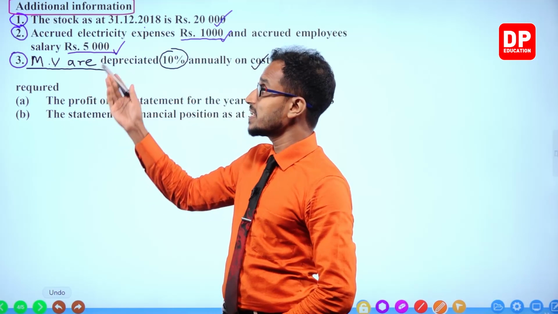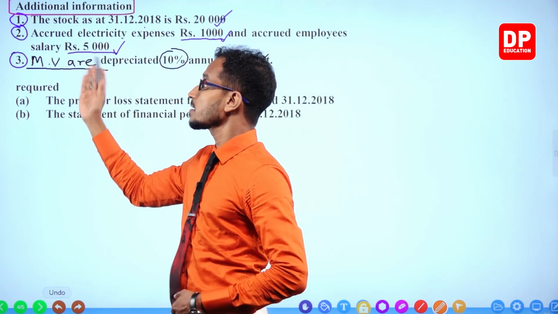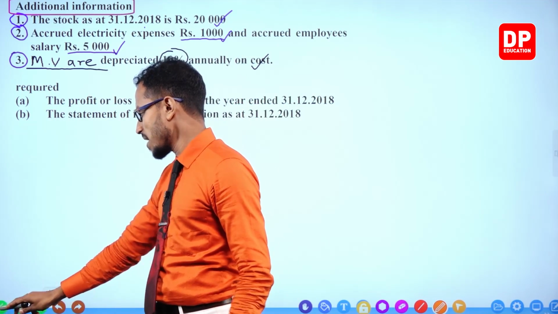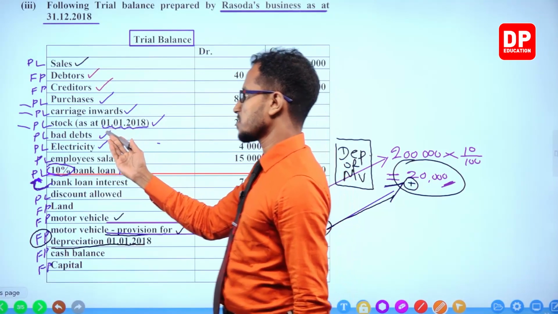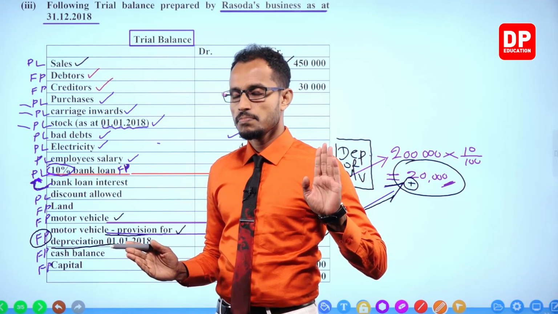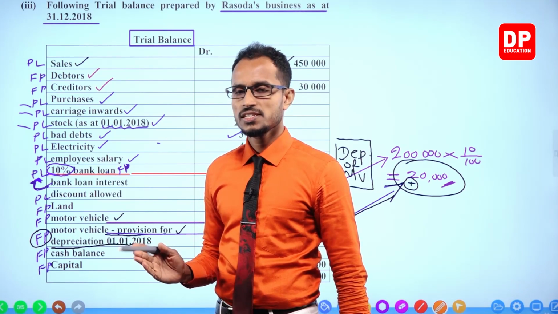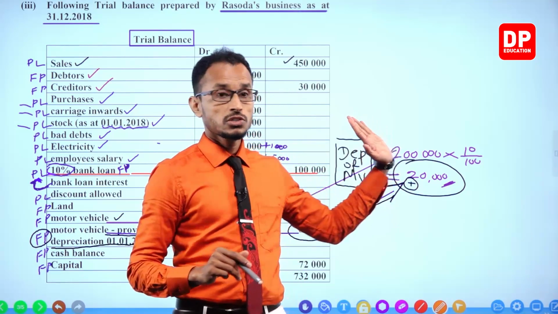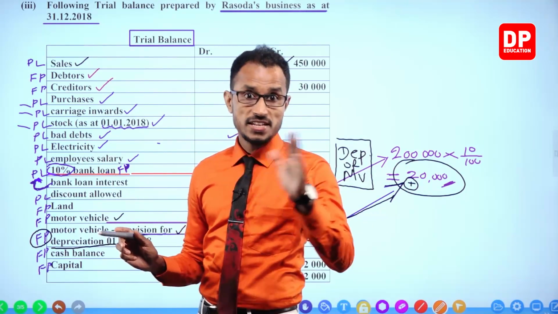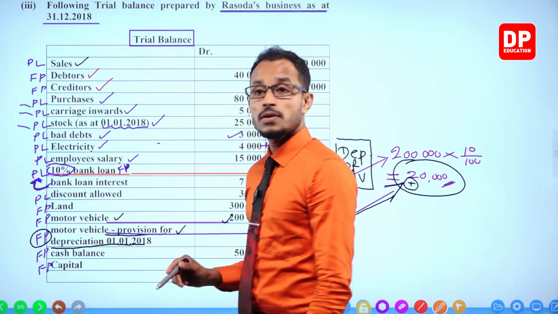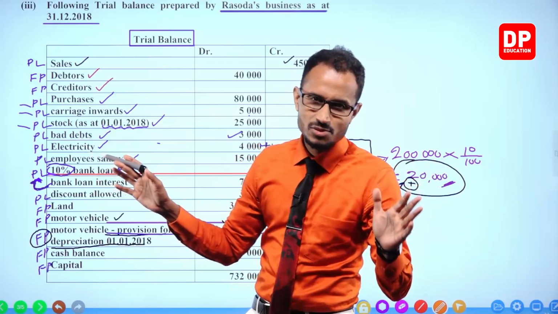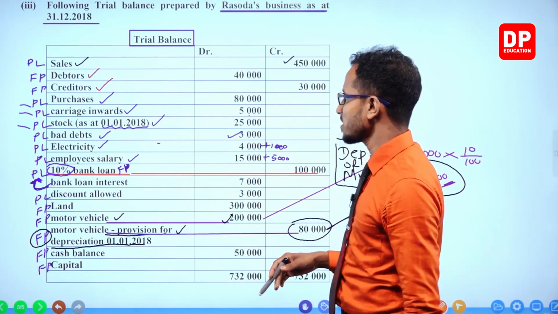If the bad debt is given in additional information, do that. But if it is given in the trial balance, only mention it under expenses as a distribution expense. Do not subtract from the debtors in SOFP. Got it? I'm not making these things so serious. Just remember how to enter the items.